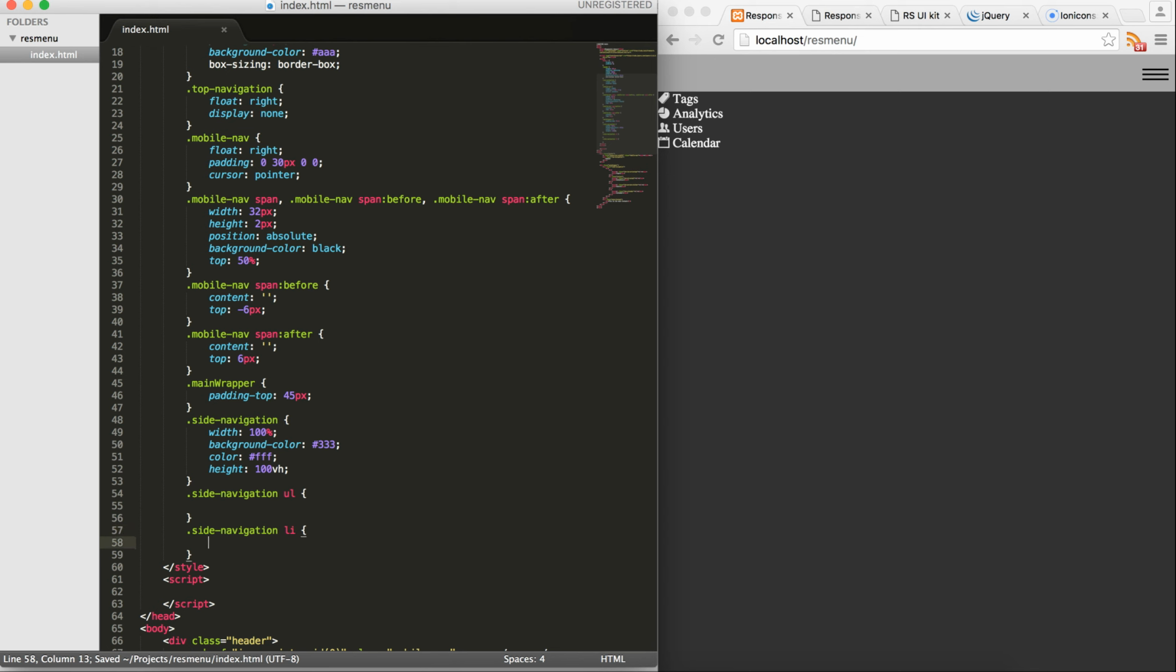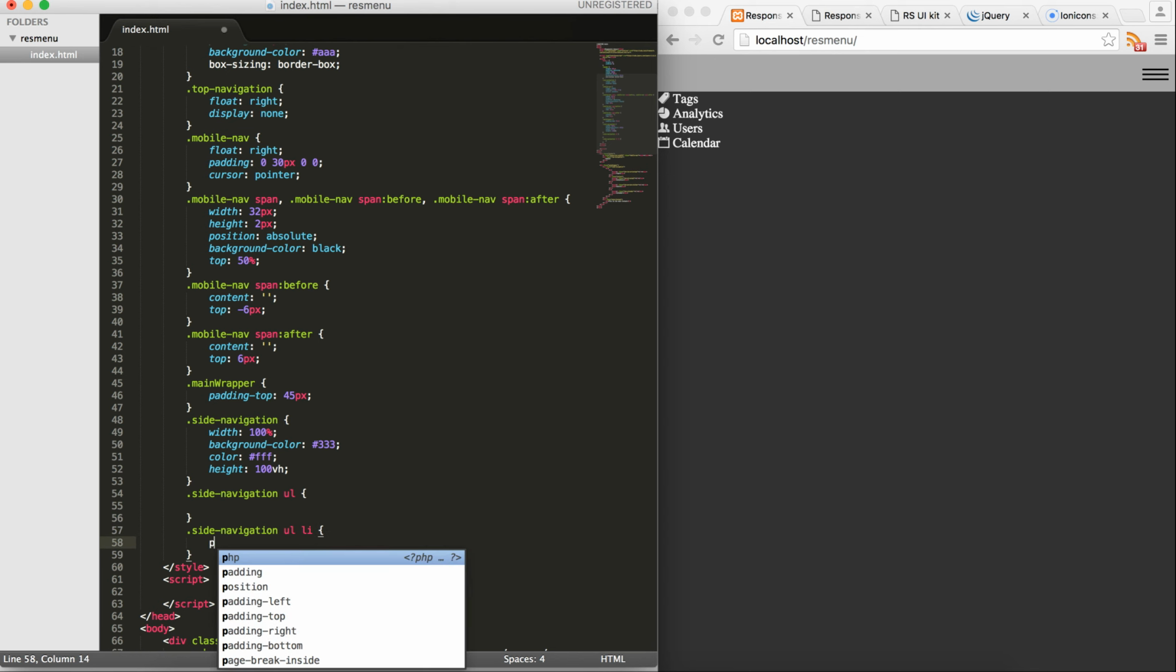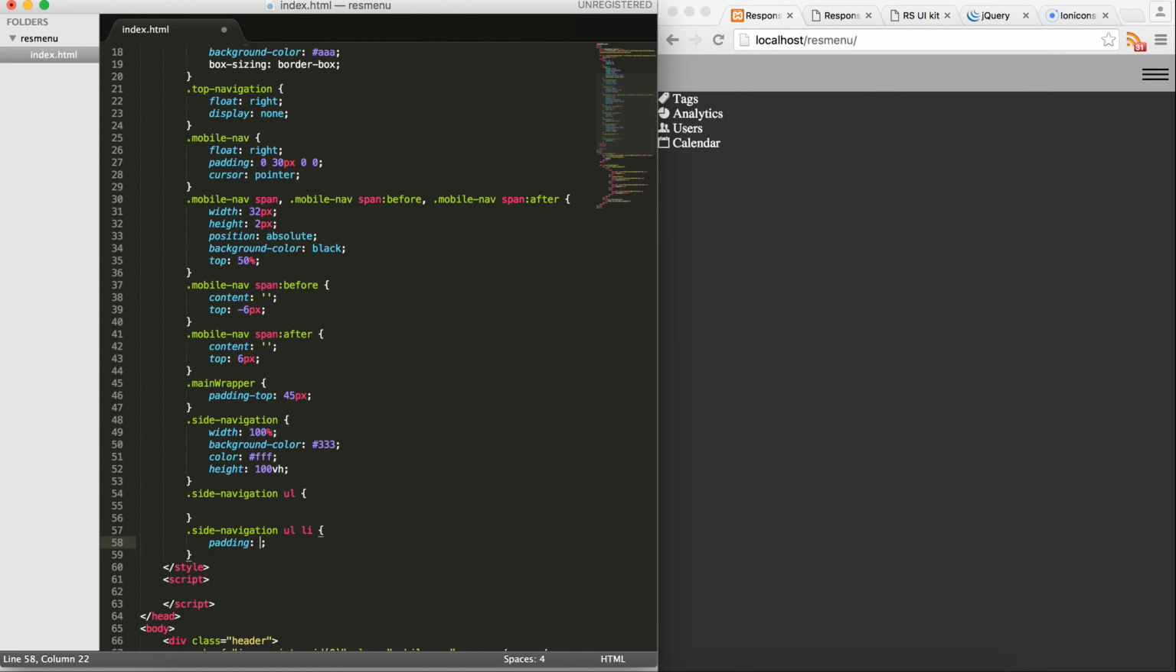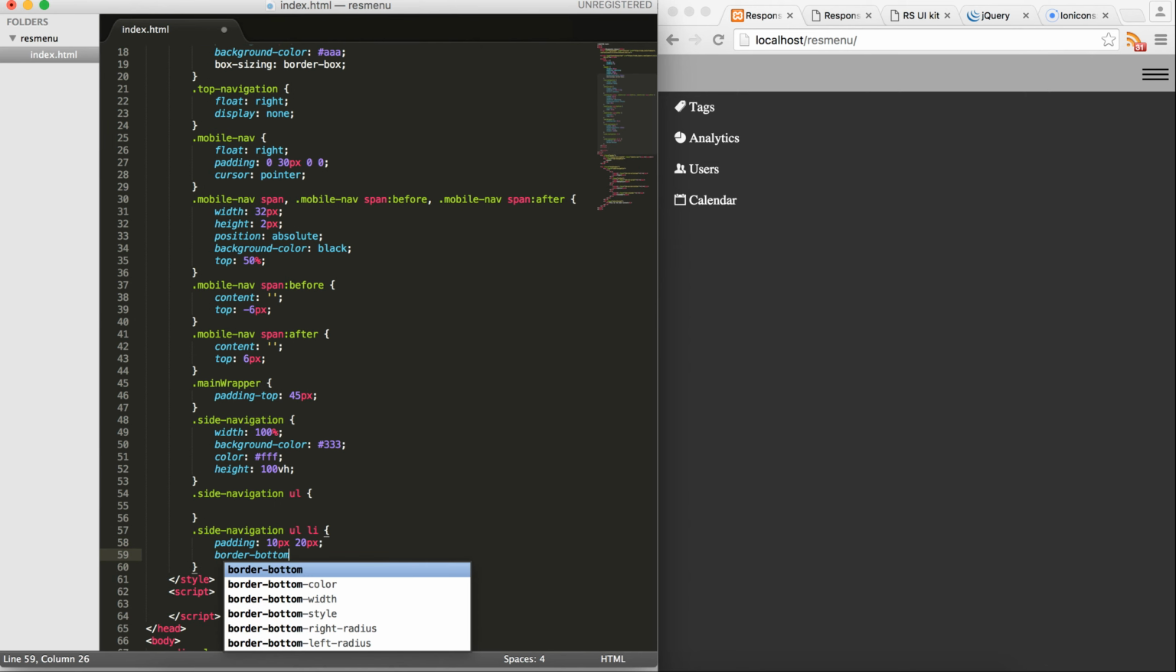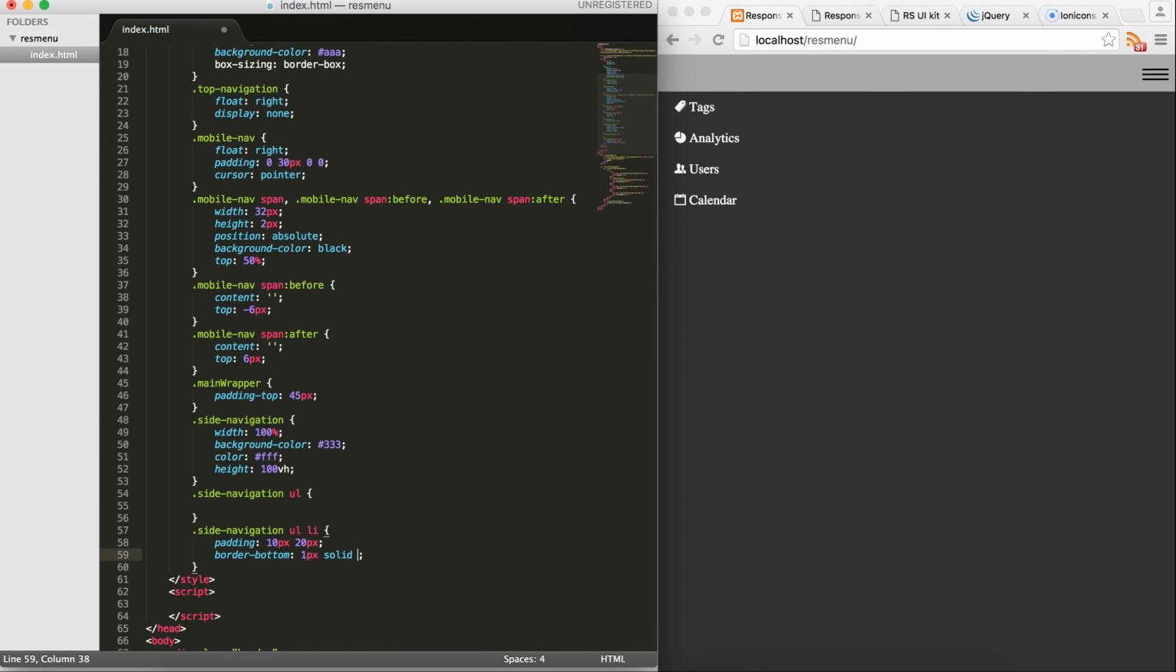So for the ULLIs, I will define the padding to be maybe 10 pixel on top and 20 pixel on left and right. So it looks like something like this. Also, what I would like to have is some sort of a divider or a line. So I'm going to give a border bottom, 1 pixel solid, and maybe